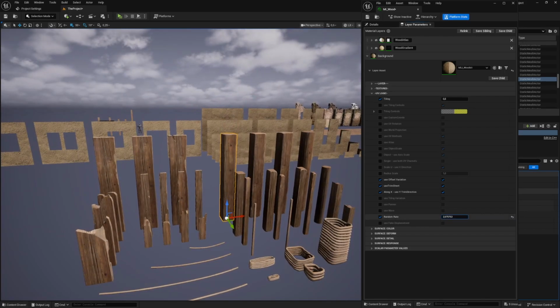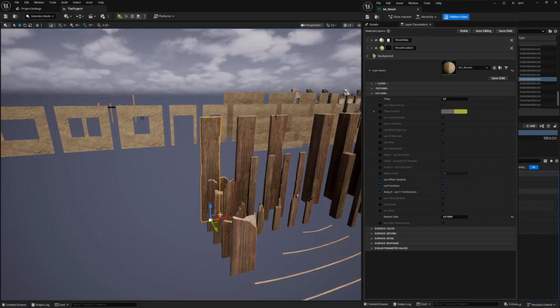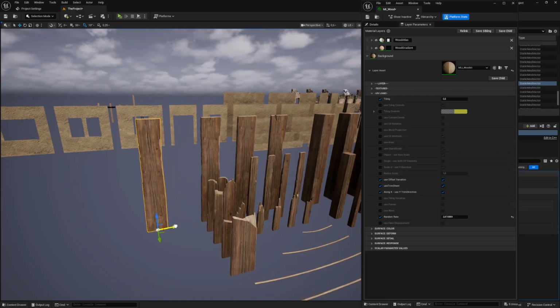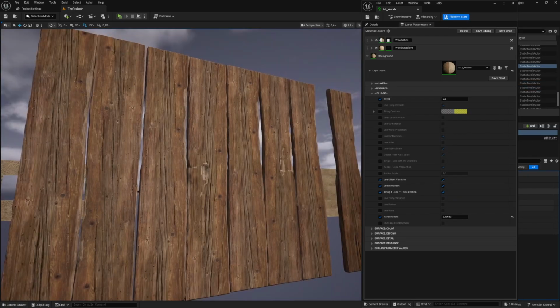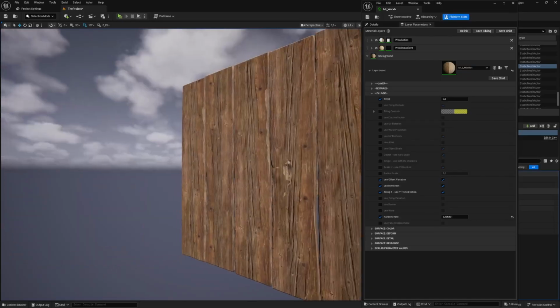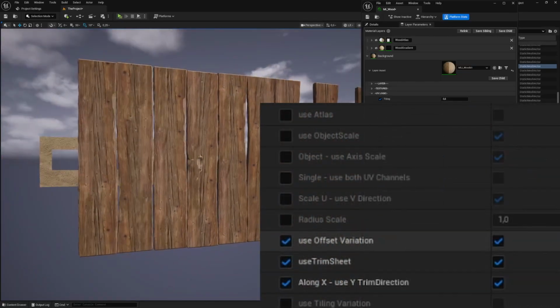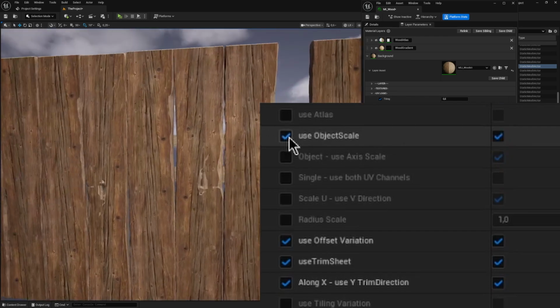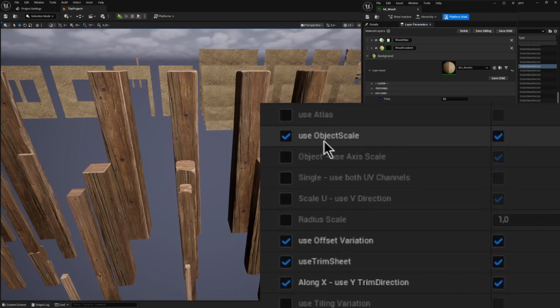So every mesh will have a different variation in the UV space. It's based on the object position and works on instanced meshes. So when we are moving, every wooden asset will be generated with a different texture. The mesh is the same, but I can just have a different combination. So this is the offset variation, and now I would like to introduce my object scale method